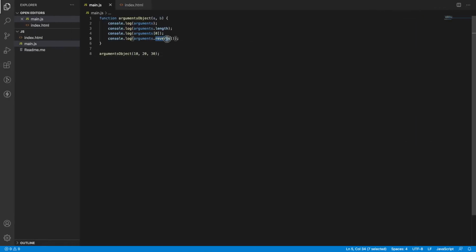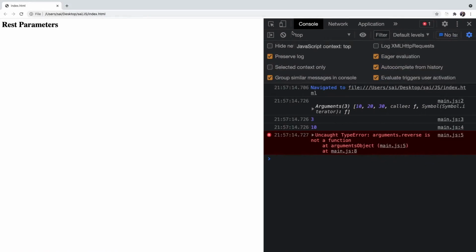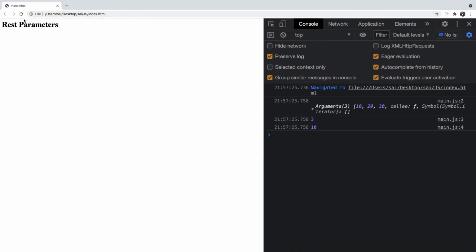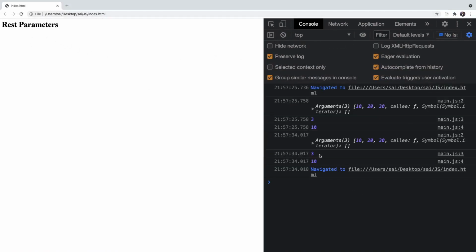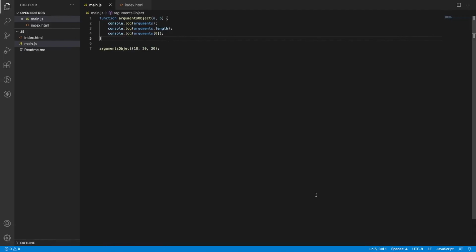Let me remove that particular line, the fifth line, save it, go back, clear the console, and reload my browser. Here we have three arguments and the value of the first one is 10. So you can access any of the variables. Now, the problem with arguments is that I am passing a number of parameters, and all the parameters can be accessed in the arguments.